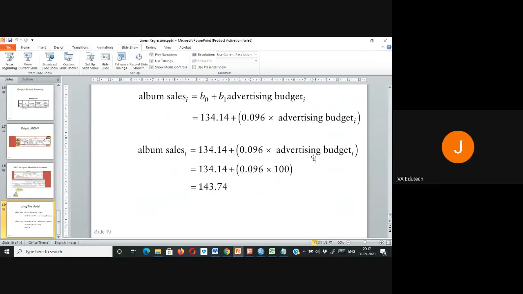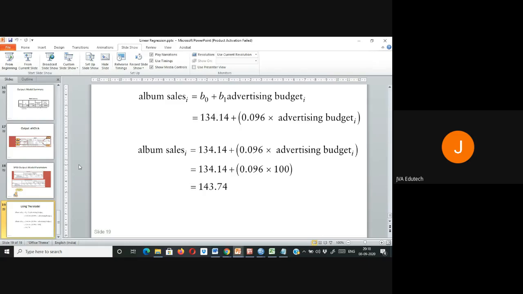Sir, don't we need to add the error in this model? In this model, you can just write the error term, but that error term is actually not identified in our model. On the basis of one variable, you cannot identify the error. If you have many predictors, then only you can check these errors. In our case, let's see if we have any errors.